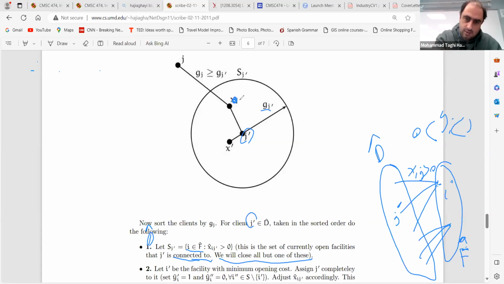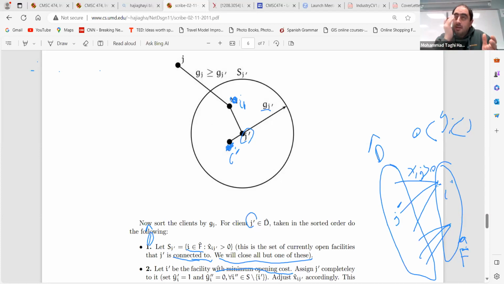This is say I1. This one says I prime. So who do I open? Among all these guys, I don't want to pay extra facility cost. I will open the person with the minimum opening cost among all these guys. Of course, if you do that and the sum of this Xij is greater than 1,